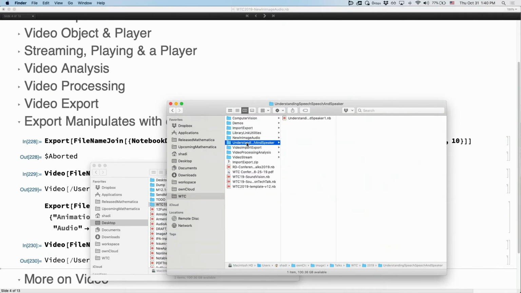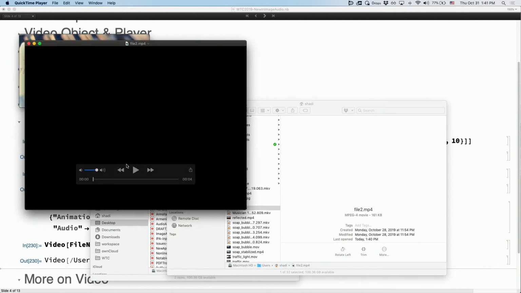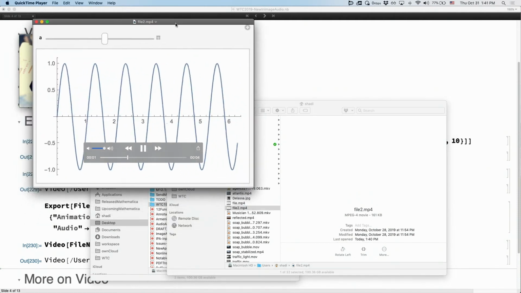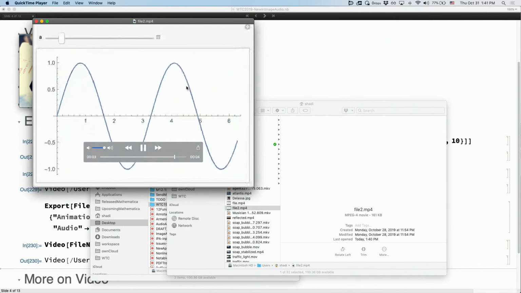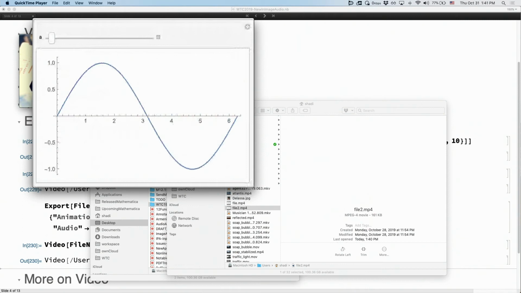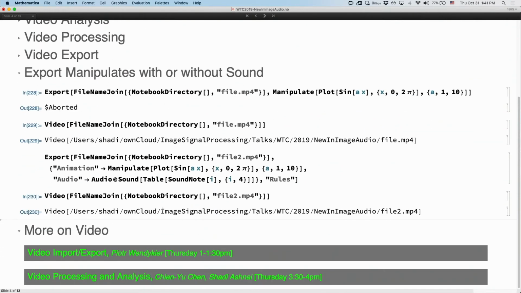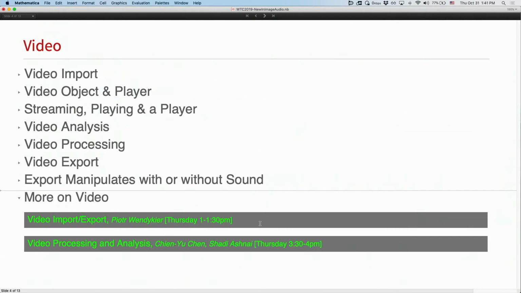On top of that, what we're getting, which is not specifically video processing or video analysis, is all of the manipulate exports and other types of exports to video, hopefully coming with or without sound. Again, Piotr just showed that next door, just in case you missed that. Here I have a manipulate, and then I'm exporting it. Oh, I didn't plan to run any of that. I just already have those. Oh yeah, I killed that one, sorry. This is another one that I'm exporting and manipulating